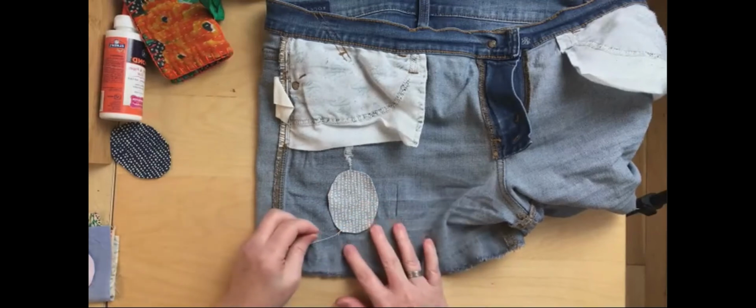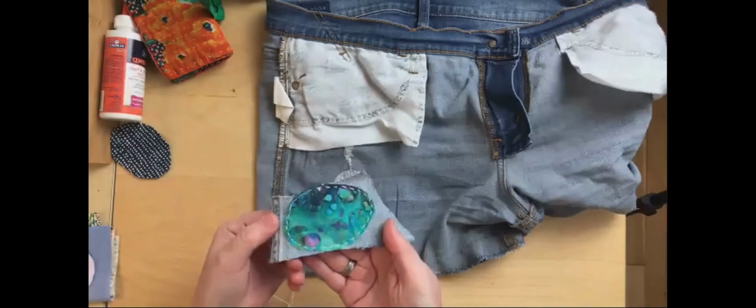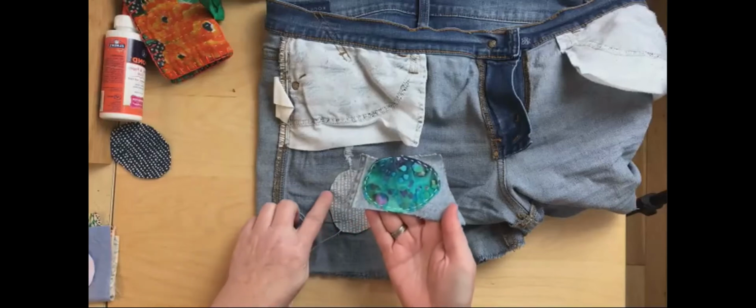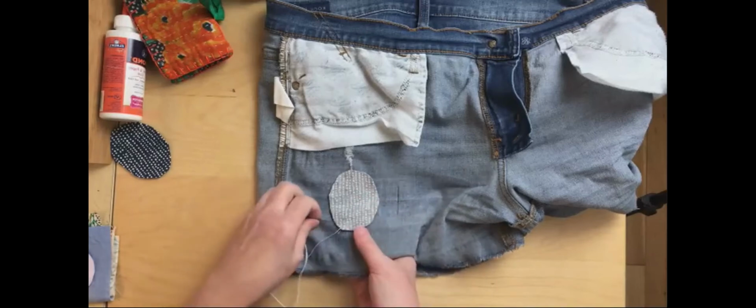And what I'm gonna do is just a straight stitch all the way around, kind of like you see here. I'm just going to do up and down, all the way around. And I'm going to try and sew pretty close to the edge here, especially since this is folded and I don't have to worry about it fraying if I get too close to the edge,